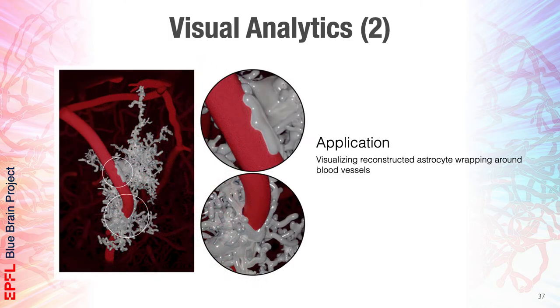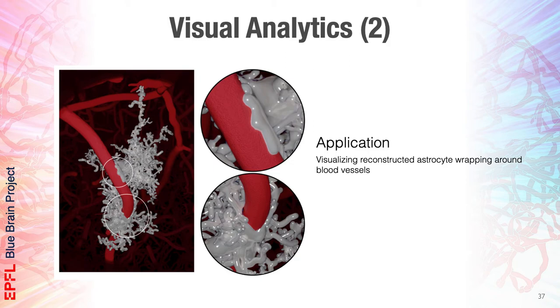And also we have to ensure that the astrocyte end feet are correctly wrapped around the blood vessels, so they are not overlapping, intersecting, or falling far apart from the blood vessels. So this is important for us to validate that the astrocytic morphologies that are generated within Cyder are correct,